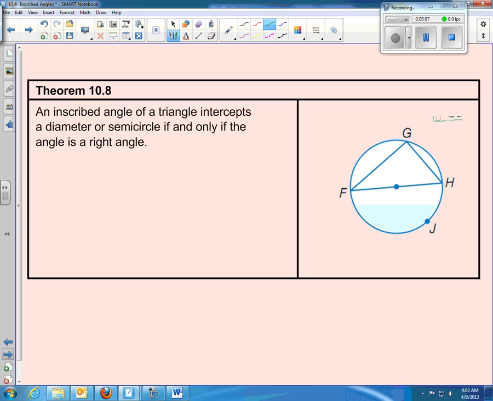All right. An inscribed angle of a triangle intercepts the diameter or a semicircle if and only if the angle is a right angle. So see here that our inscribed angle intercepts the diameter. So it makes this a semicircle. So this angle is a right angle. So if arc FG or FJH is a semicircle,